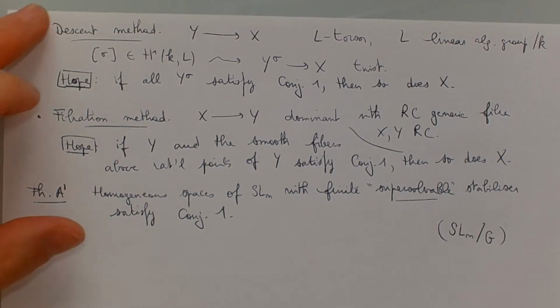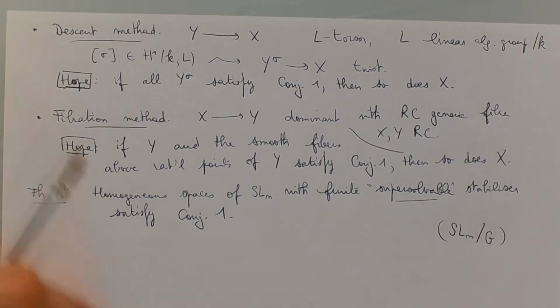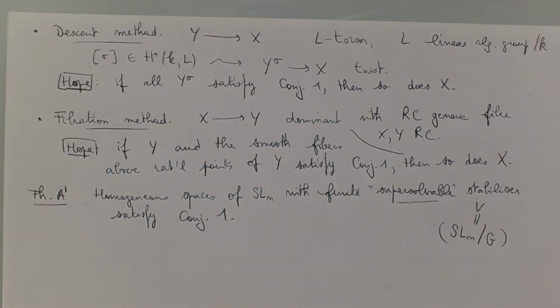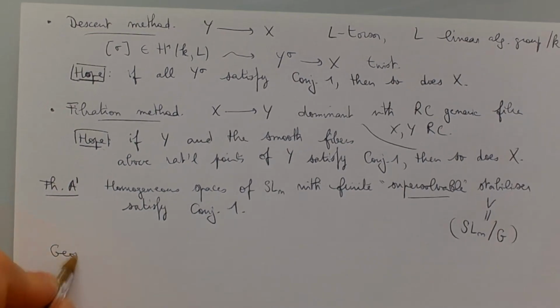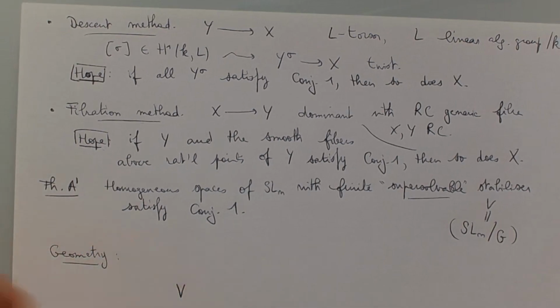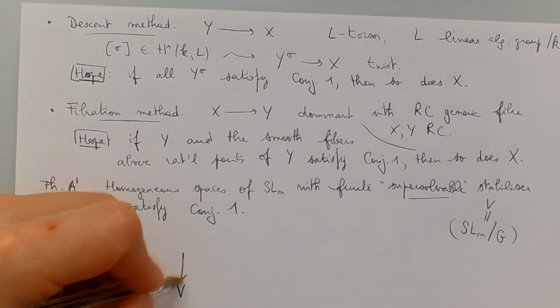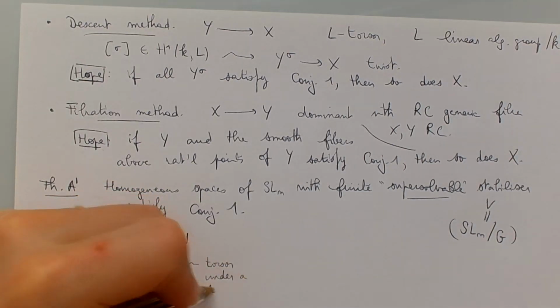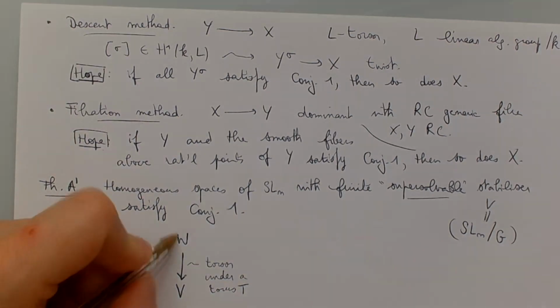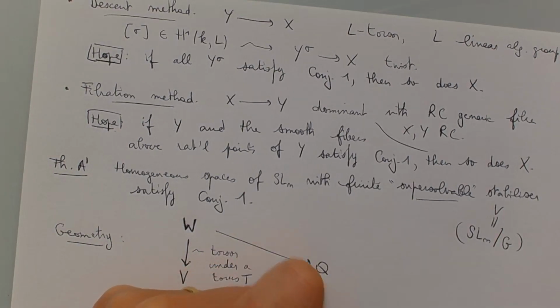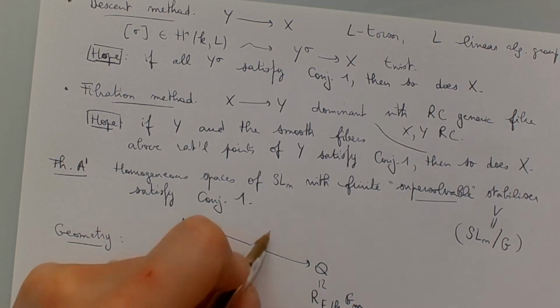I will just say that it results from a combination of the descent method and the fibration method applied to the variety V, based on a geometric dévissage. So I will just draw a diagram to show you the geometry. So here we have V, and it turns out that one can construct a torsor under an algebraic torus T, W, which then has a map to a quasi-trivial torus, that is a torus of the form Weil restriction of scalars of G_m from some étale algebra, such that the fibers here,